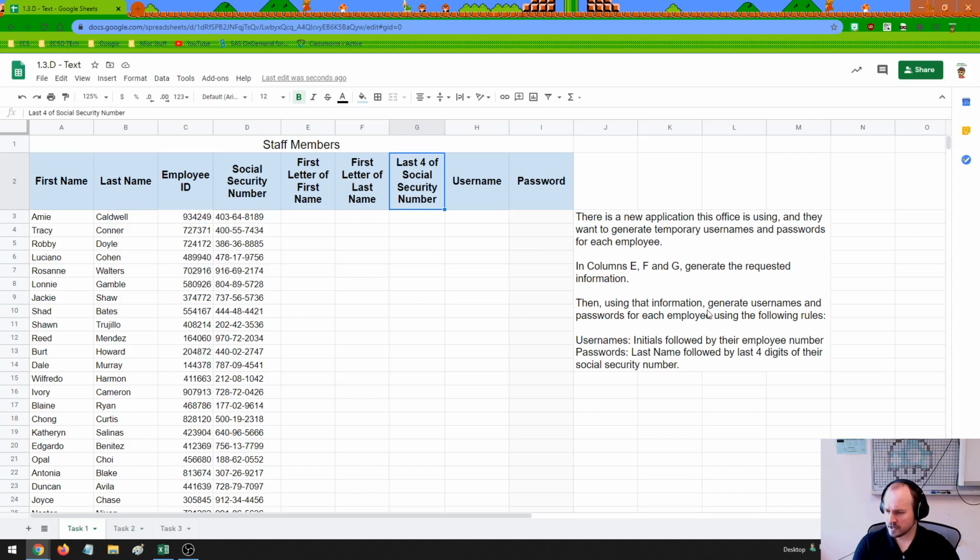Then, using that information, generate usernames and passwords for each employee using the following rules. For the usernames, it's their initials, so the first letter of their first name, first letter of their last name, followed by their employee number, okay? And then we also have the passwords, which is the last name followed by the last four digits of their